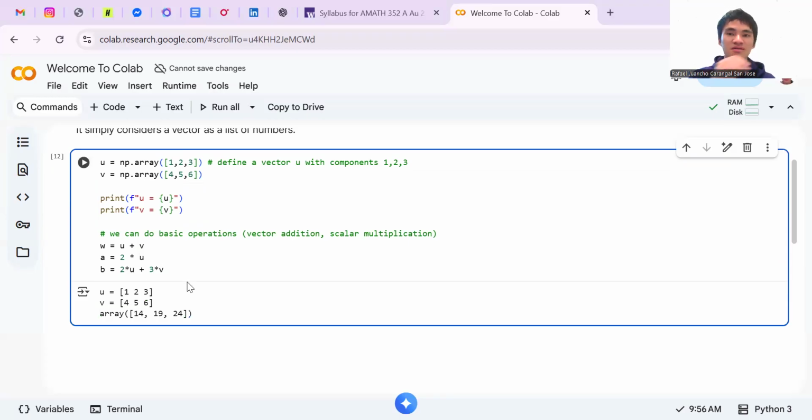So we say that vector B is a linear combination of U and V. And so if there was a span, B belongs in the span of U and V. We're just connecting ideas here. So this is an example of a vector addition. This is an example of scalar multiplication. And this is an example of